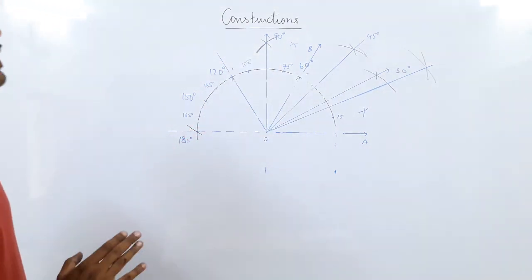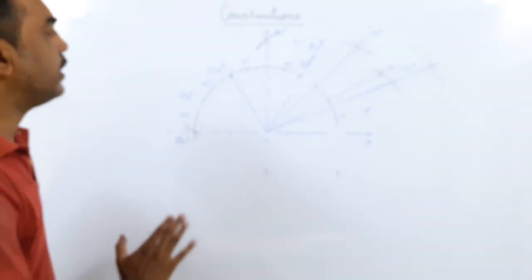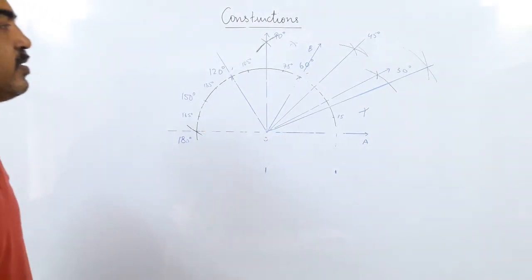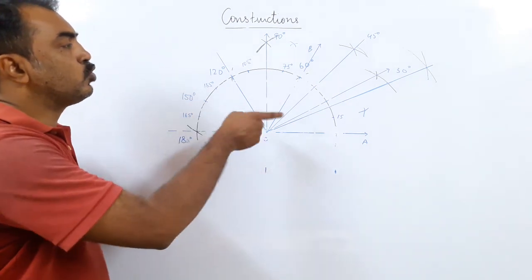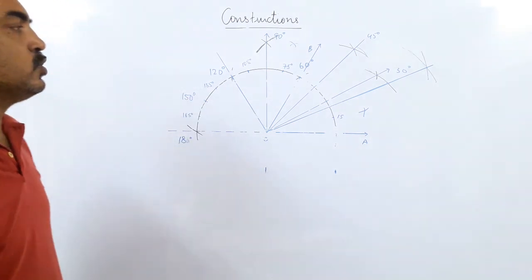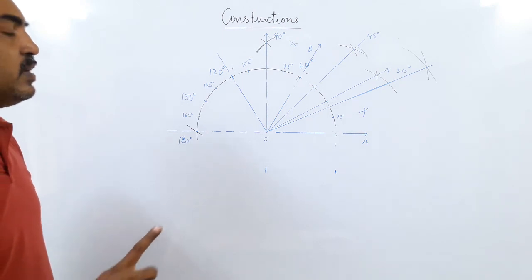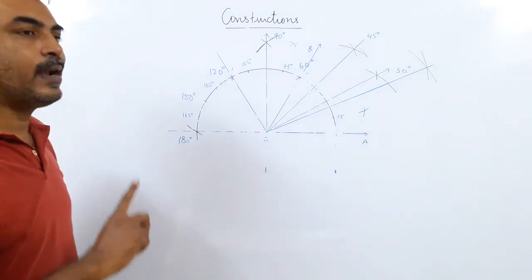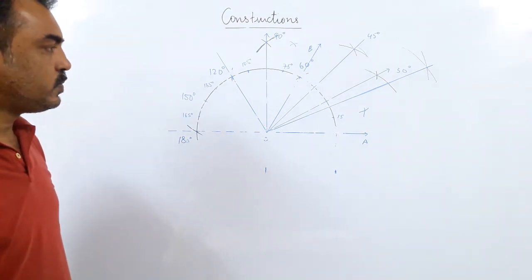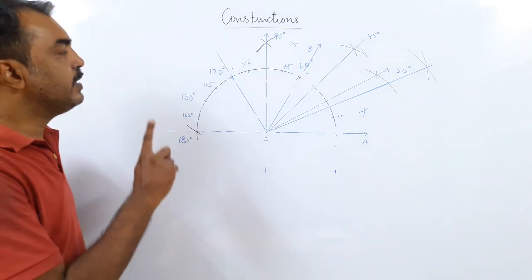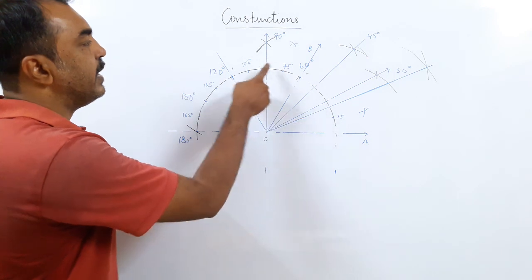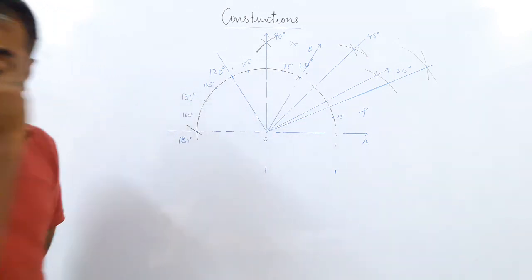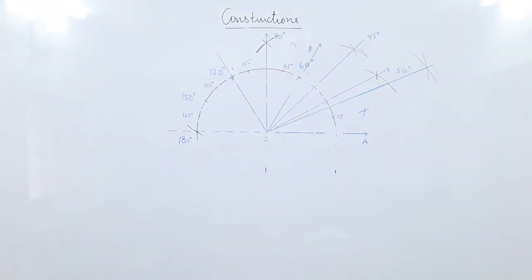I am not going to repeat this, but you are going to learn how to draw certain angles without the help of a protractor. With the help of a compass, you have to draw certain angles. So I am going to end the lecture here, but this lecture is with you. So go get your geometry box and see the video again and again and learn to make 60 degree, 120 degree, 30 degree, 90 degree, 45 degree. Take your time, keep on revising till you get your construction perfect.